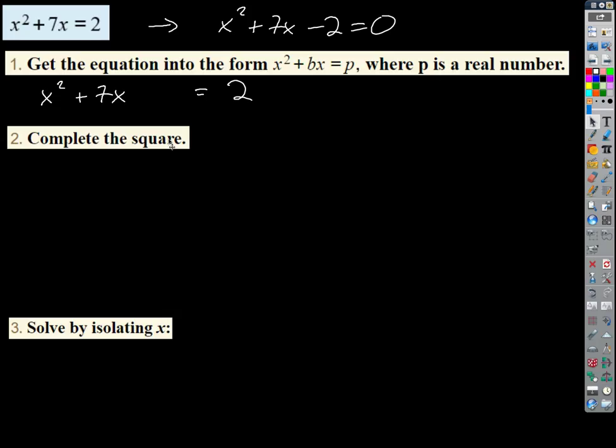Okay, so that's the end of part 1, right? Part 2 is we're just going to complete the square, right? And that's the stuff we've been practicing, so you're getting pretty good at that. So can you tell me on the left side,